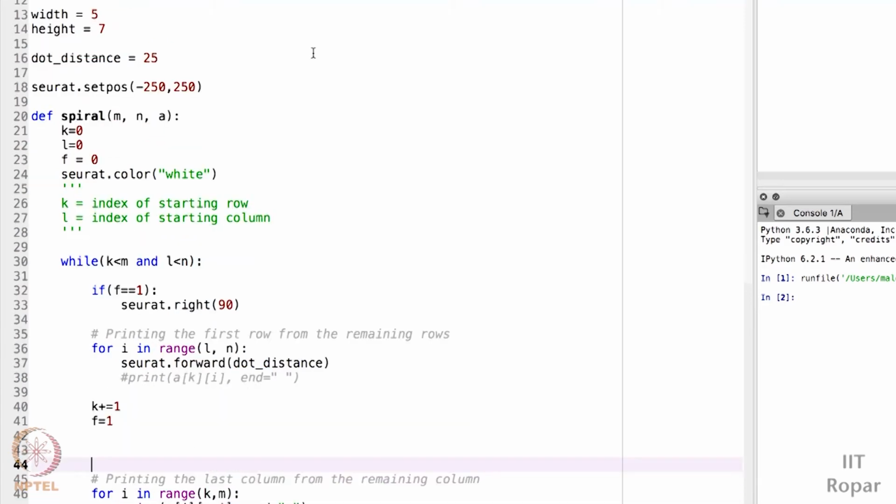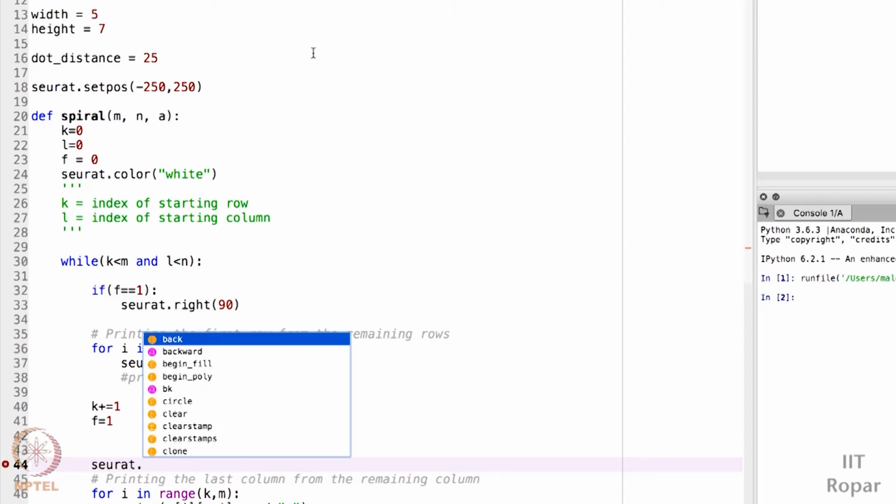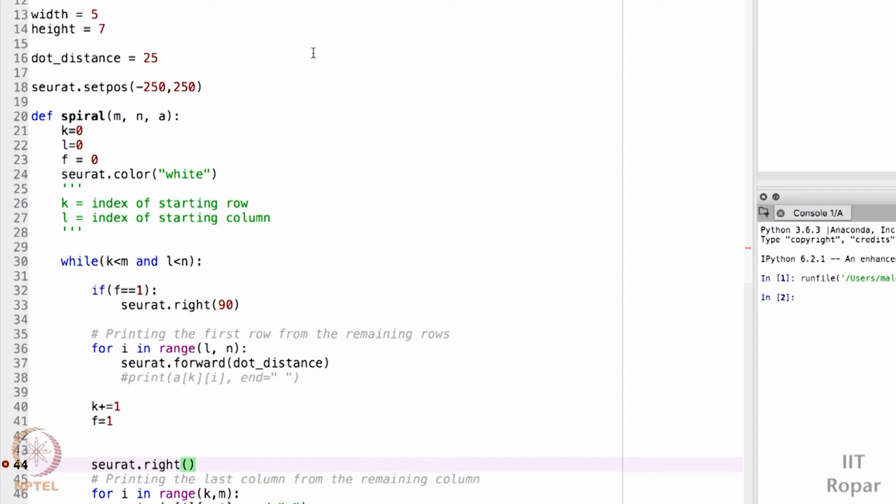Done. So first row is over. After I print the elements of the row, I have to print the column. I mean, in the first iteration I was printing all the elements of the last column, so I have to print it in the downwards way. So for that I have to change the angle of my turtle to downwards. It means to the right of 90 degrees. That is dot right and I'll put 90 degrees.